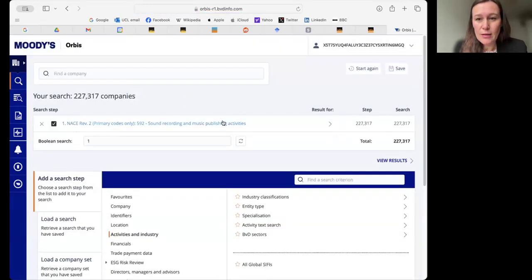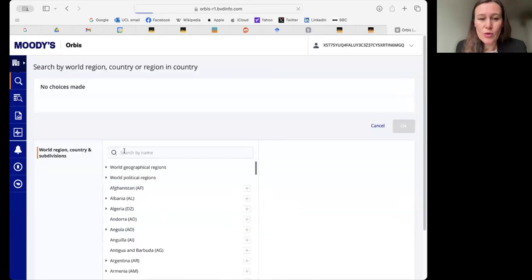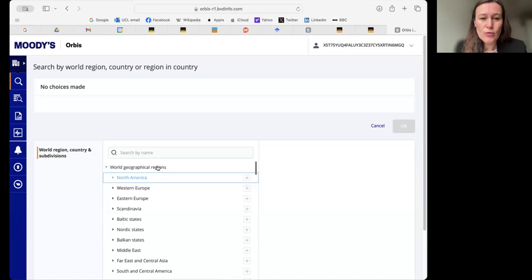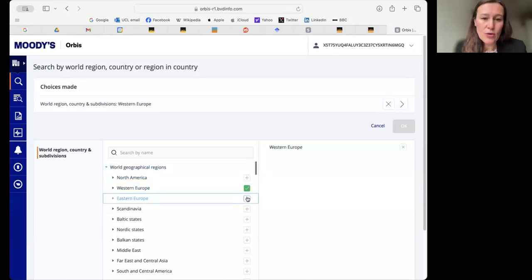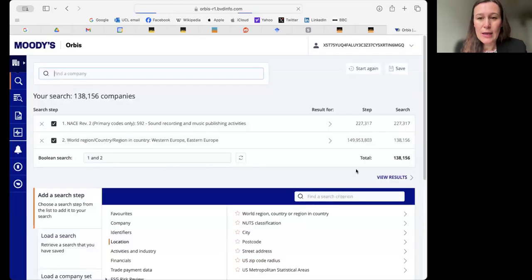So sound recording, and the second restriction, as I said, is going to be on location. I'm just going to focus on Europe, and I hit location, and then I think it's this. Yes, world geopolitical regions. I select Western Europe and Eastern Europe, and then I hit OK. As you can see, choices are being made. My sample has reduced from 200,000 to 100,000. I need further steps